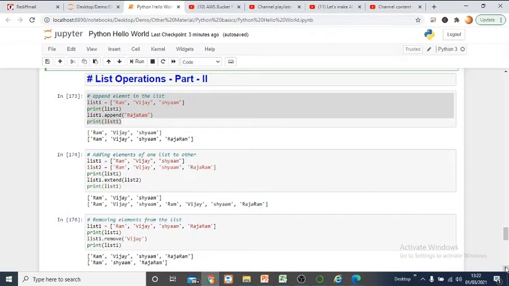For example, if you have a list of all the customers of your manufacturing company, and you are acquiring a new customer, the record of the new customer normally gets added at the very end of the particular list or file or whatever you are working with. So the append operation is normally used in such scenarios.